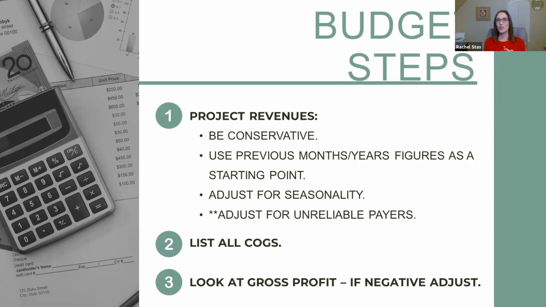So yeah, you want to project your revenues, slide those things in, and remove from previous years. Like if you got a grant, but you're not really expecting to get a grant again, don't include that in your revenues going out. Those are outliers. You want to remove those. And then you need to be super honest and list all of your cost of goods sold, because just making your budget look good for yourself, really that's only cheating yourself. So really get in there and put all your cost of goods sold, and then look at that gross profit. And if it's negative, you've got to adjust something, right?